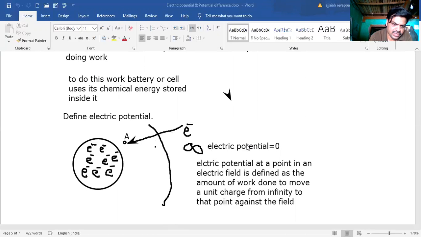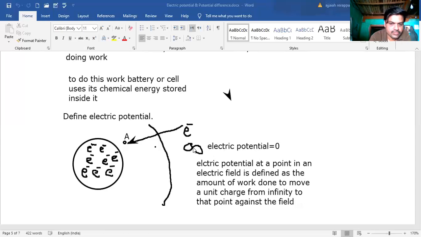So that is called electric potential is zero here. But when you go within this, there is an electric potential. So the point where there is no electric force felt, or there is no electric field, that is called infinity. Why am I calling this point infinity? Because I am using the word infinity in the definition. So the point where there is no electric field is called infinity.